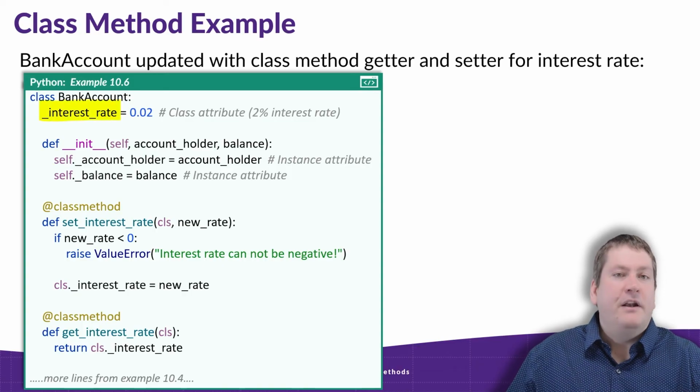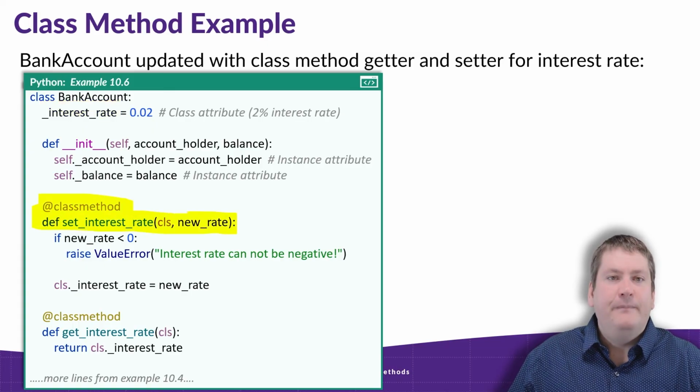So again, we have our interest rate. The only change here is that we put an underscore on front to denote that this should be private. It shouldn't be accessed from outside of the class. Instead, access is going to go through our get interest rate and our set interest rate methods, which are going